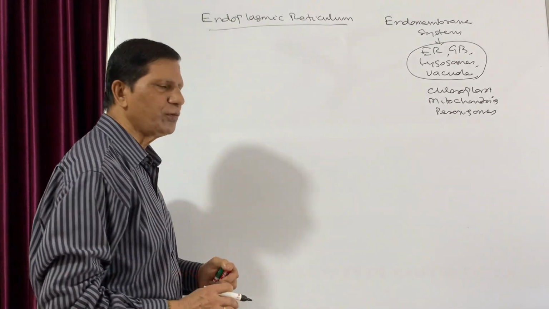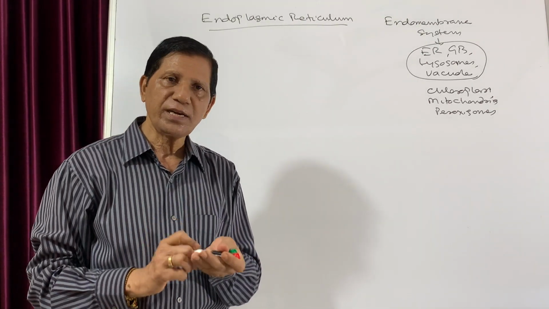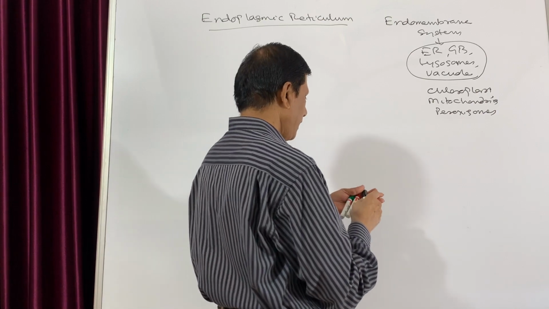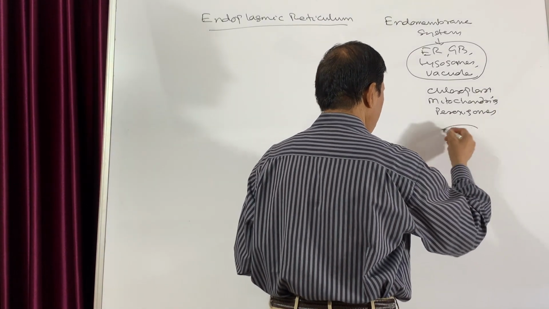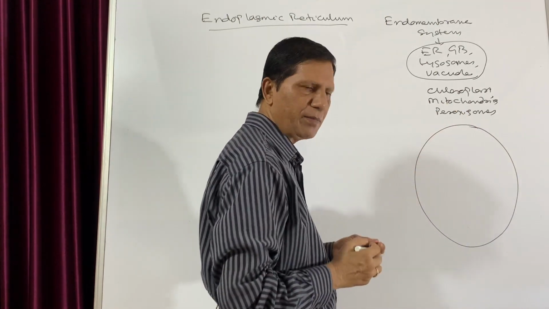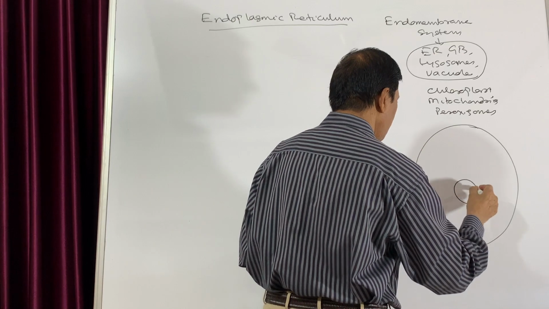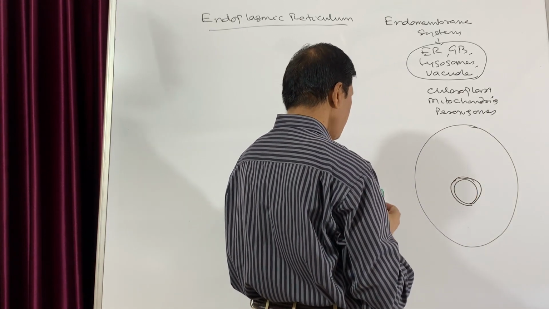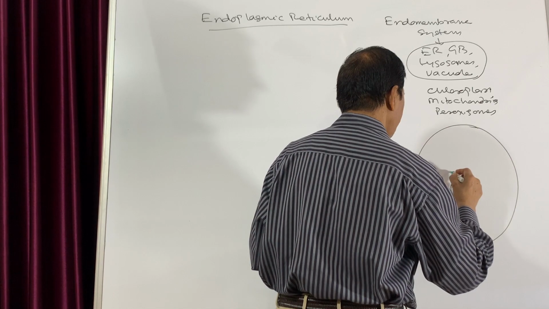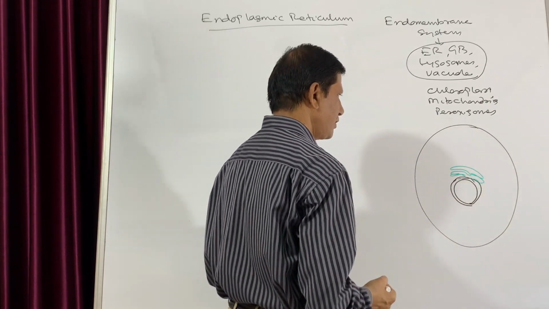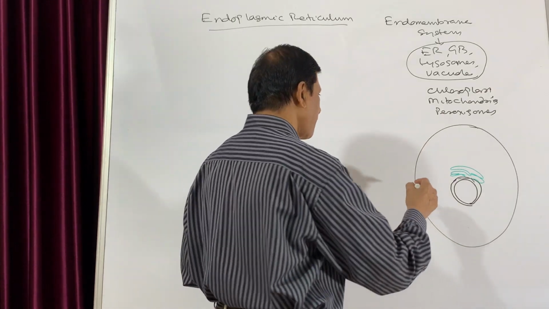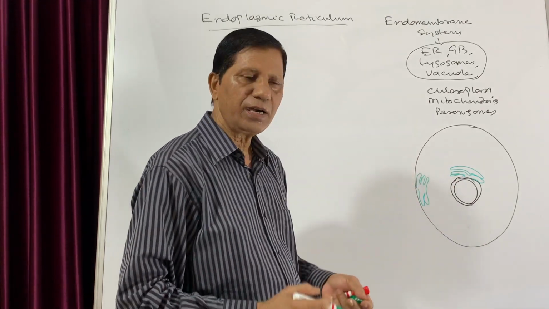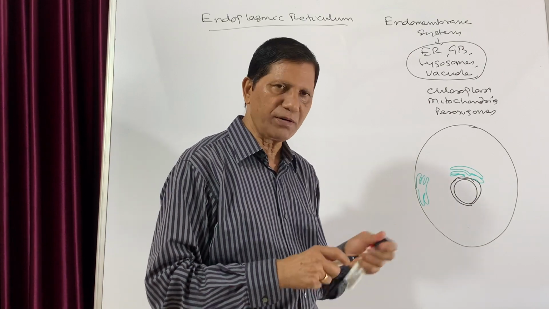From the name, as I have already told you, the endoplasmic reticulum forms a net-like structure within the cell. Now suppose this is one cell, this is the cell membrane, and this is the nucleus. The nucleus is a double membrane structure. From this nucleus there are some extensions like this. These are known as the endoplasmic reticulum. Sometimes from the cell membrane also these extensions may come out. So this is the endoplasmic reticulum, and it was first discovered by Porter